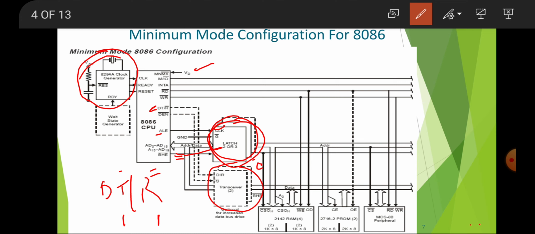So when this signal is 1, it will transmit the signal, because for transmitter it is 1. It transmits the signal, and at the same time when DEN is active at this point, this is the data enable.